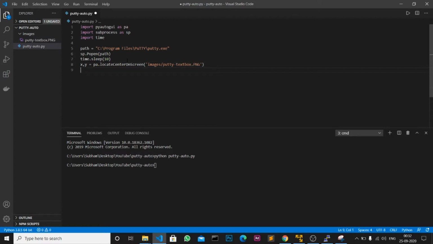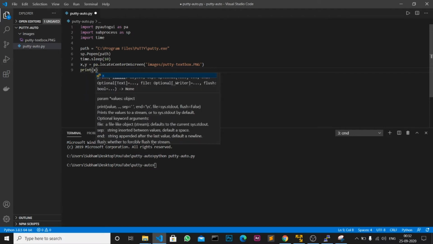Actually, what it will do is it will look at the object and it will store, not print, sorry, the x and y coordinates in these two variables. So if we now print the x and y variables,